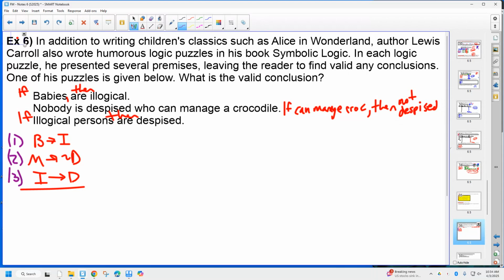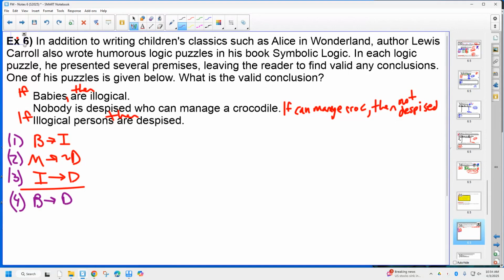Look at 1 and 3. If you take together 1 and 3, think about it. If you hit B, then you slide to I, but if you're on I, then you can slide to D. That's that transitive one. To me, that's the easiest one to see, I think. Well, it's one of the easier ones to see. I can use 1 and 3 and say if B, then D, because I can slide completely past